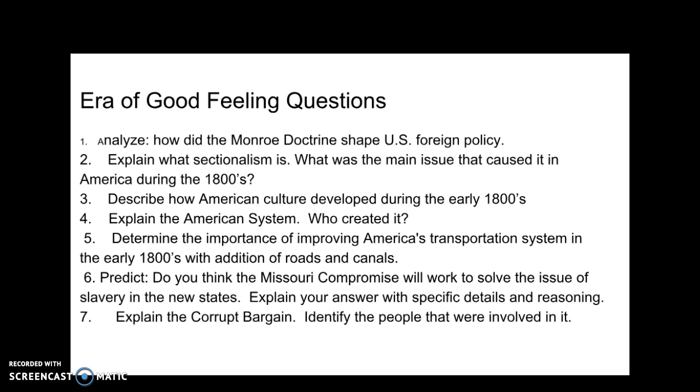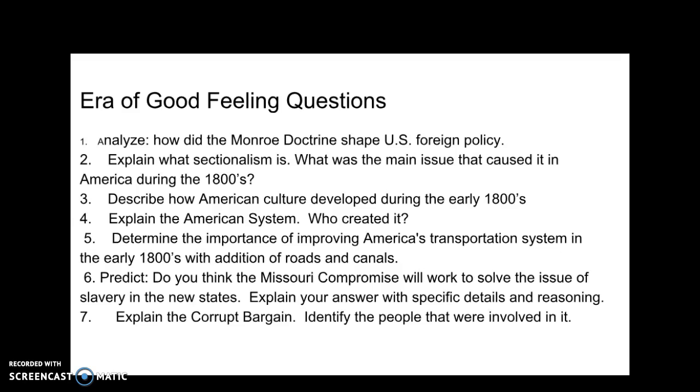Analyze how the Monroe Doctrine helped shape U.S. foreign policy. Well, it shaped U.S. foreign policy for the next 100 years as it established that the United States will defend not only its own borders, but the entire Western Hemisphere, and that world superpowers, at that time Europe, but now it really stretches on to today, are not allowed to